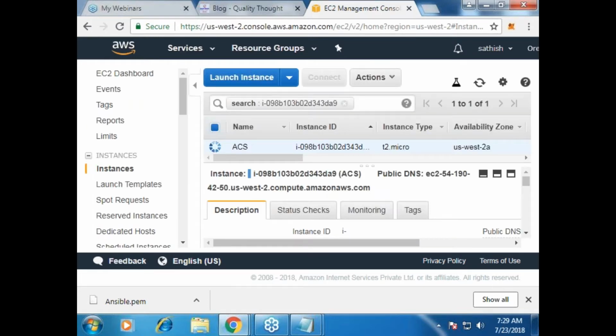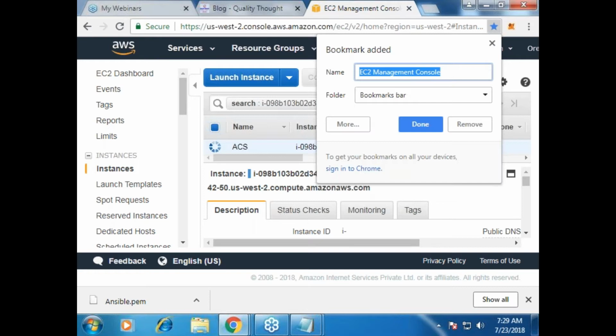So this resolution might be horrible, but on your screens it might look good. For me, the resolution is 800 by 600 now. So that's why it is looking like this. Okay. Let me see if I can change.